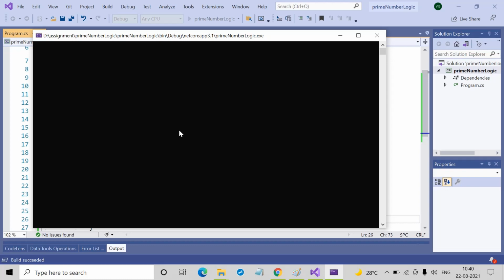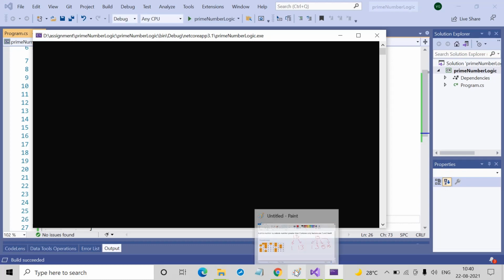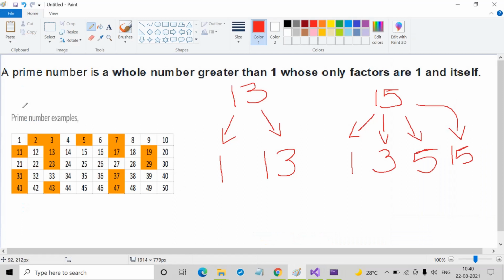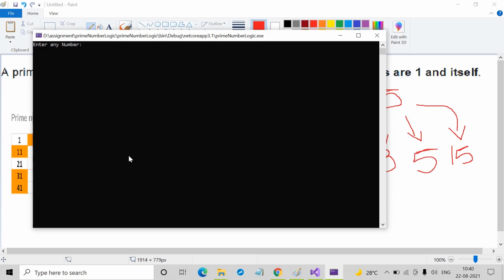If we take some examples here, examples of prime numbers: 2 has only 2 factors, that is 1 and 2. 3 has only 2 factors, that is 1 and 3. You can check in this program whether these examples are right or wrong. Enter any number.